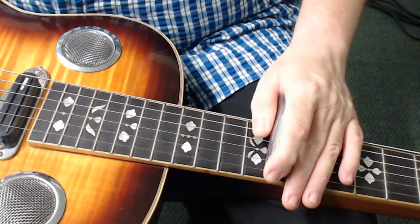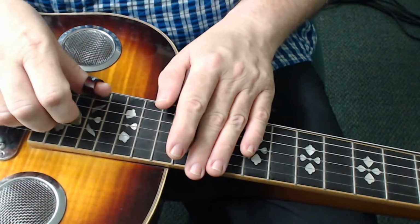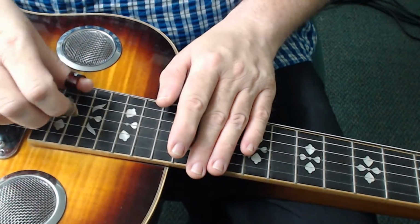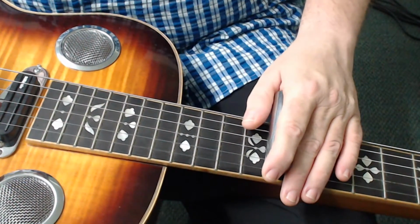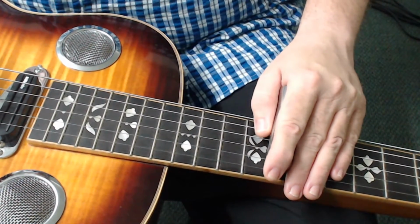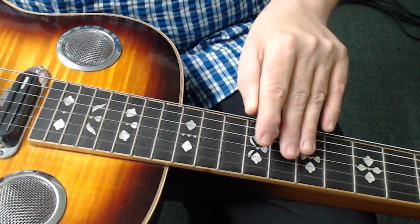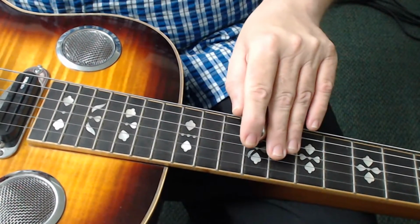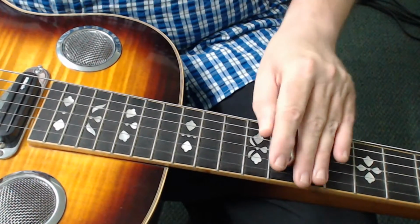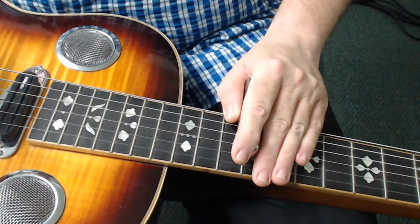Now, the answer here is, well, hang on, we found it sounded good down there. If we played a G and then kept our finger spacing on our right hand there, kept the one string apart, the G and the B sounded perfect. How can we play a G and a B down here, keeping our G on the 8th fret? Well, the answer is B is here, right in front of our nose, right beside C. One fret back from C is B. We're playing B flat. What we want to do is play G on the 8th fret and B on the